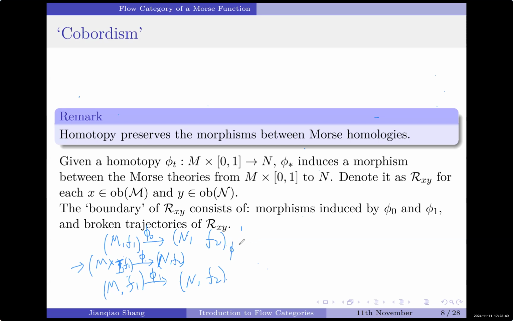So phi induces a map on flow categories of M times I. So this is the flow category, this is another flow category, and when we perturb the f1, we may